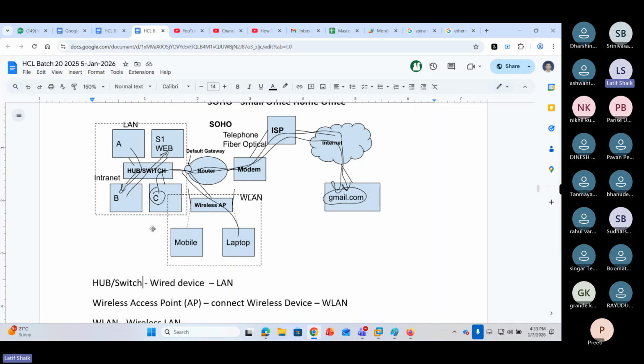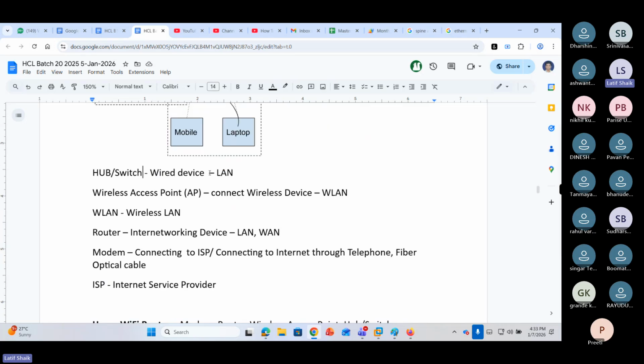To make communication between our local network and the outside network, we are using a router. Already I told you, a router is an inter-networking device. It allows you to connect between different networks. From one network to another network, if you want to connect, we need a router. A router works on both LAN and WAN communications.